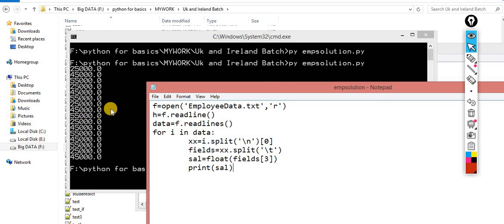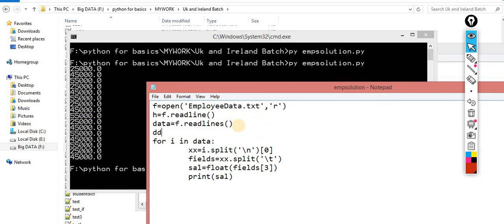So for the same, I am taking the help of a dictionary. Okay, I am assigning one dictionary. Inside the dictionary, I will put this data. Let me write the code, then I will explain it to you. Till now, if you have any doubt, please ask me before proceeding further.